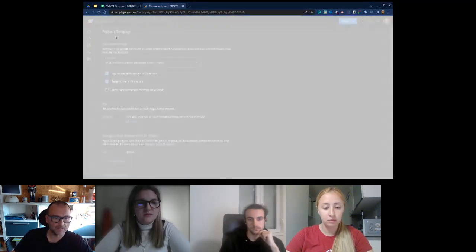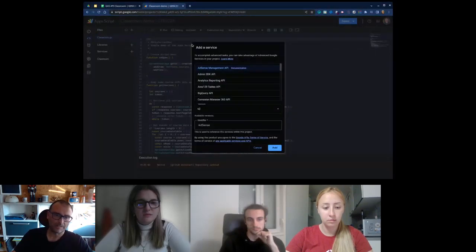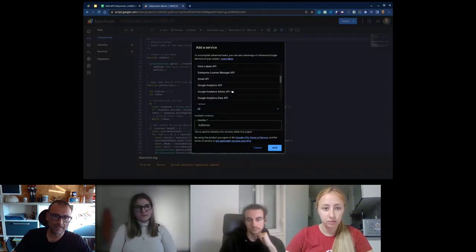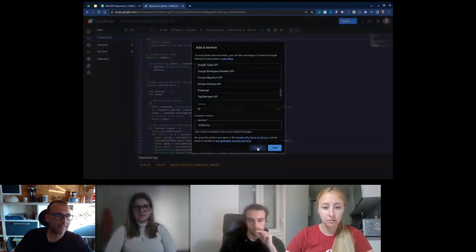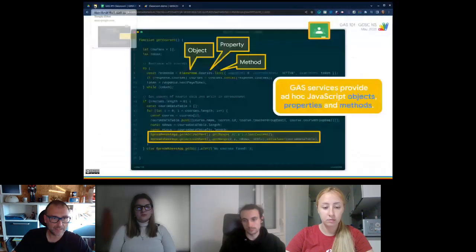Here in the editor, I have added the advanced service with this button. This button pops up the dialog, well, this is in black, but it's the same that you saw just some slides ago, where you can browse all the advanced services and select which ones I want to add to my script, to my running script. So I have added the classroom service. So in my code now, I can enjoy this very nice classroom class.